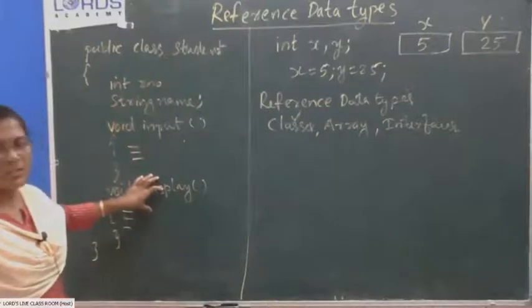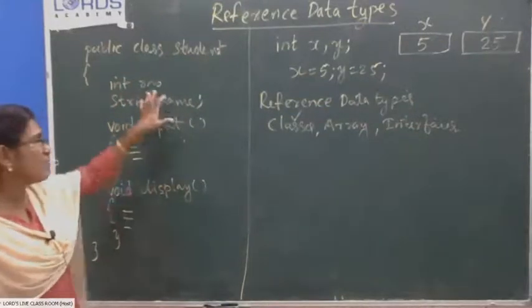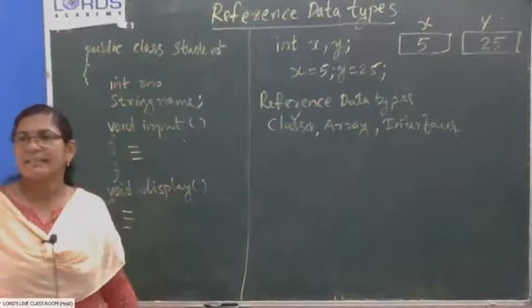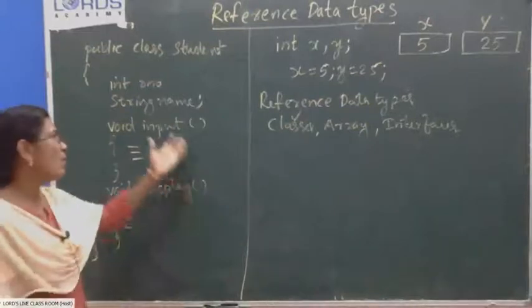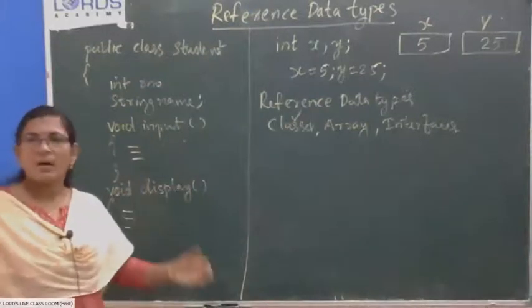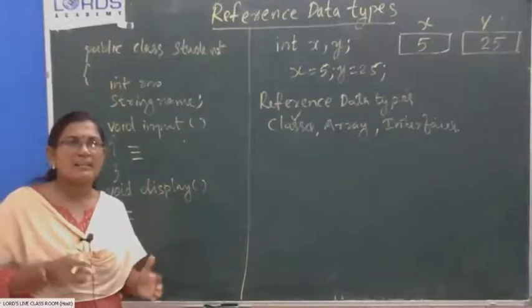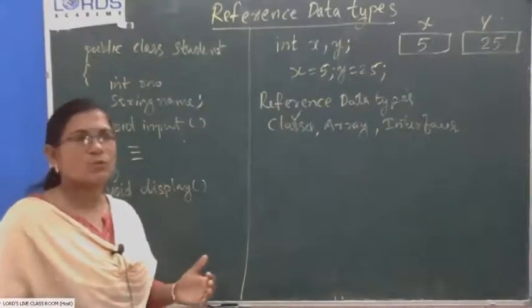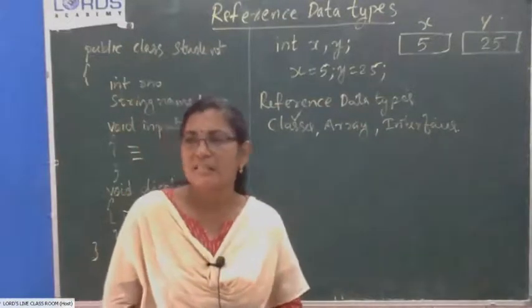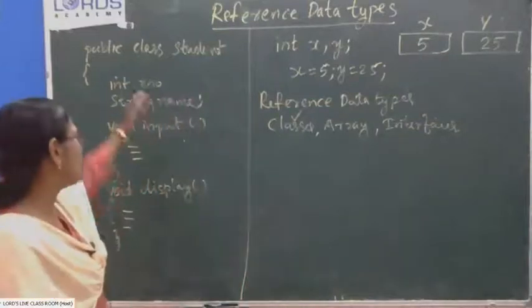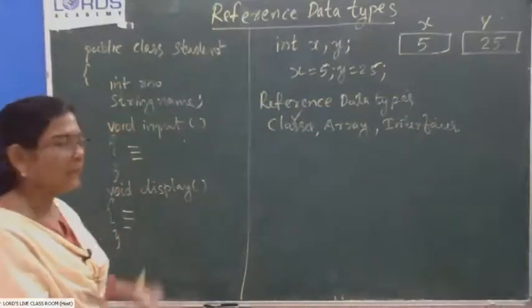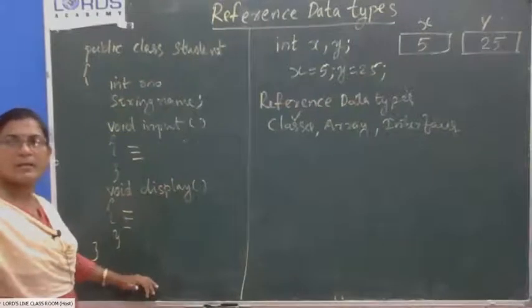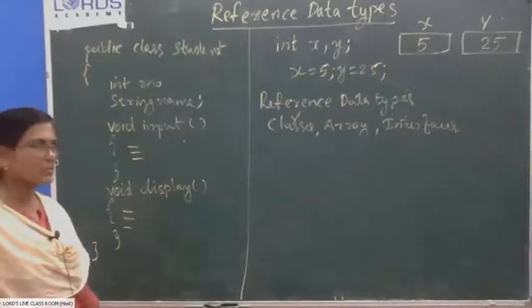We cannot restrict that a class should contain only integral data types or floating point data types or string data types. It's according to the user, when he defines a class, what kind of data he wants to store in each object of the class. According to that he will be using different variables, and different methods also will be defined by the user according to his need.